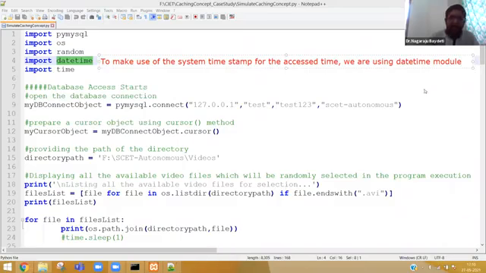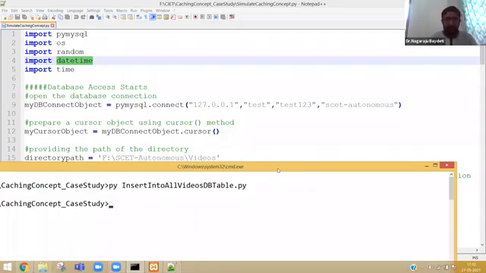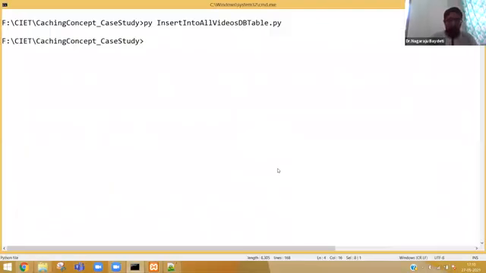There are so many things available in the datetime module. To understand it, let me type one small method for getting the system time from Python.